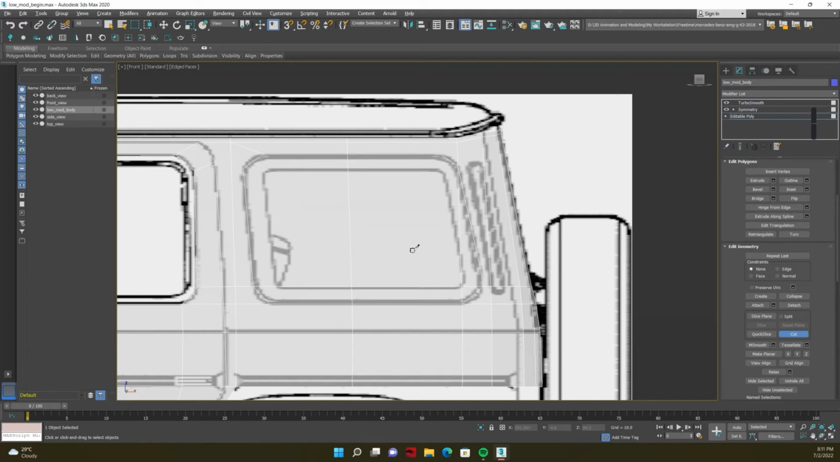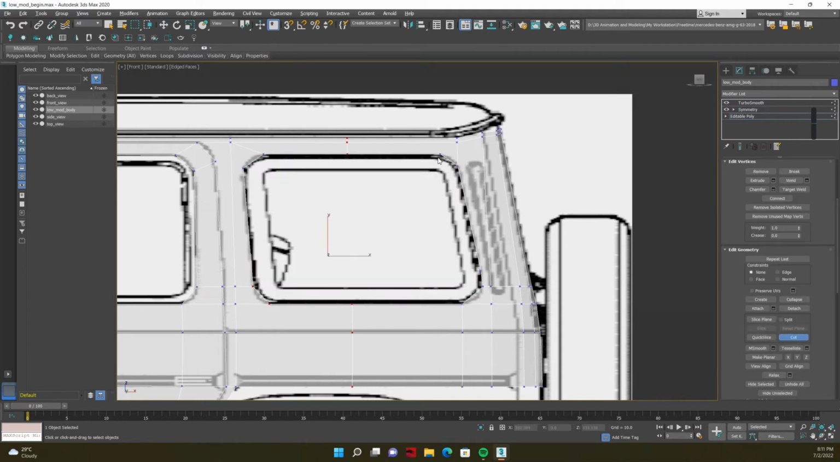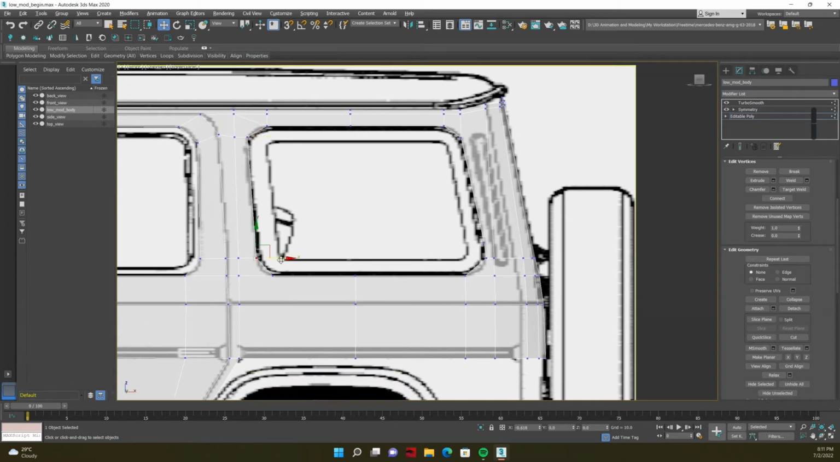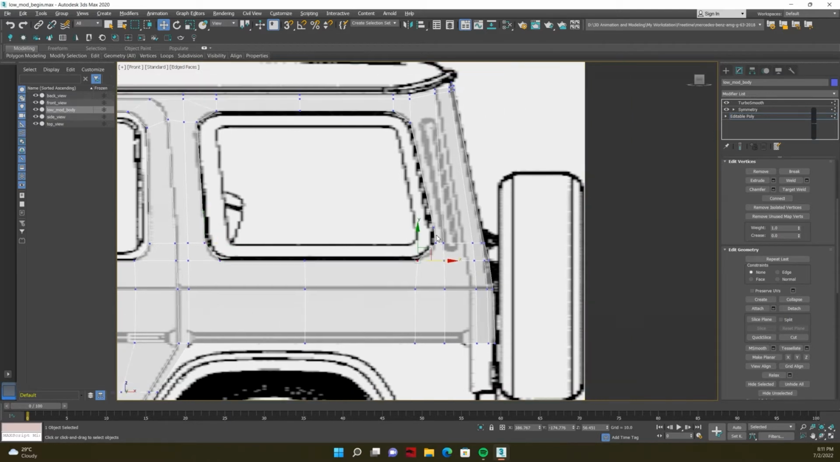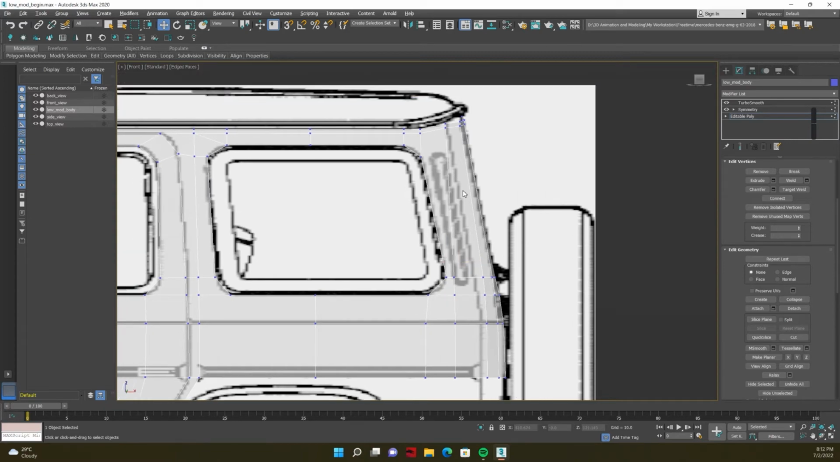Using 4, I will select this selection and delete, and by pressing 1 I can use the cut tool to have this selection here. Just simply delete that. Okay,